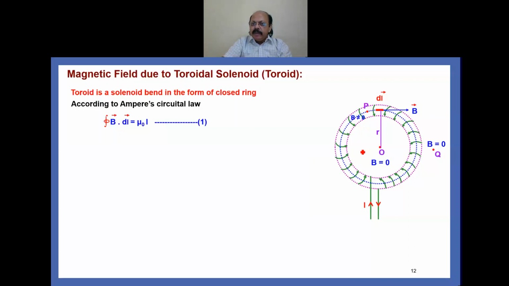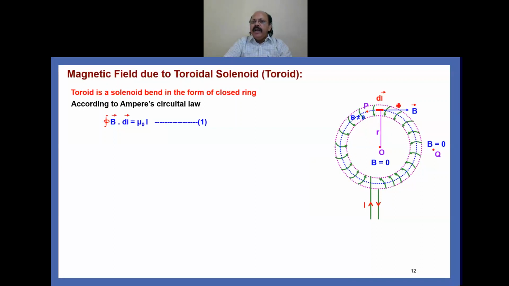Then you see here a current I is flowing through it. Inside the toroid there is a magnetic field, but interior to the toroid, that is, the hollow space, the magnetic field is 0. Exterior to the toroid the magnetic field is 0. So you are getting only the magnetic field inside the toroid. That we have to calculate. For that purpose we take this dotted blue line. It is an Amperian loop and also a magnetic field line.